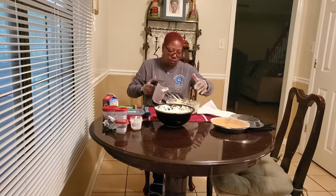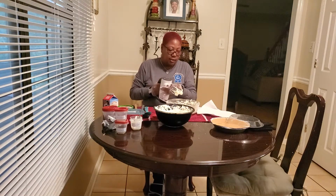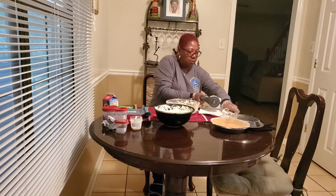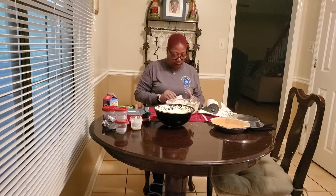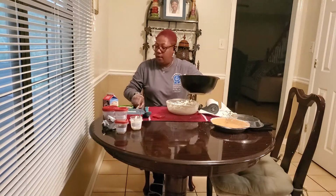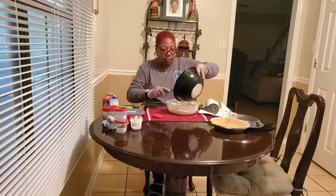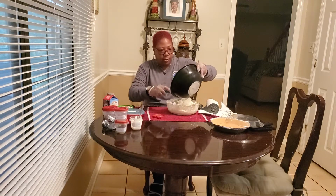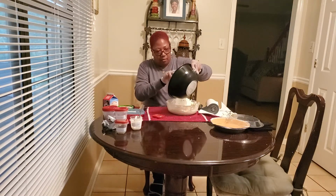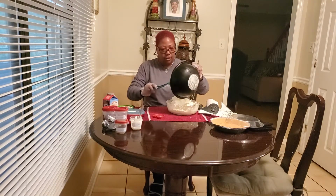Okay, so I did that for pretty much close to a minute, but you guys can gauge it. And y'all see I have made a mess, but that's all a part of cooking. So now I'm going to fold in the heavy whipping cream. Now the heavy whipping cream, I usually use 1.5 cups. The reason why is because you may want to leave some over if you want some for topping, but my mom has a serious sweet tooth, so she's going to want it all. So I'm just folding it all in